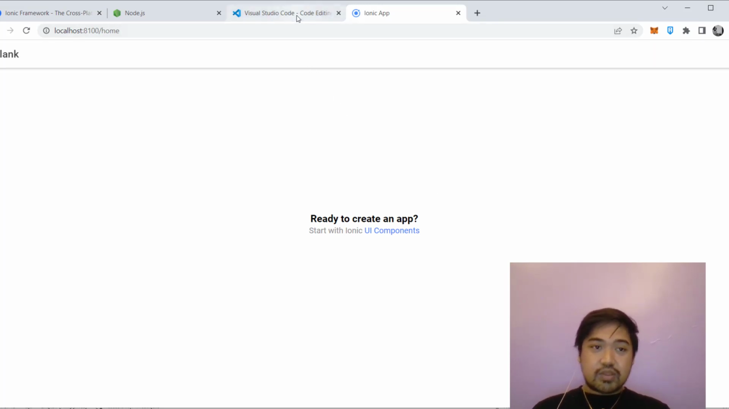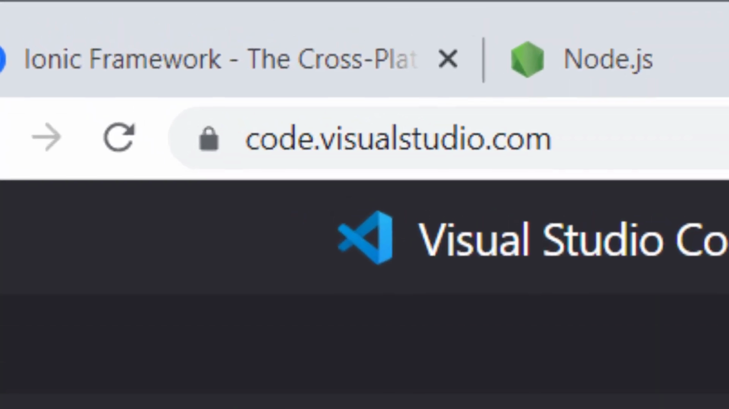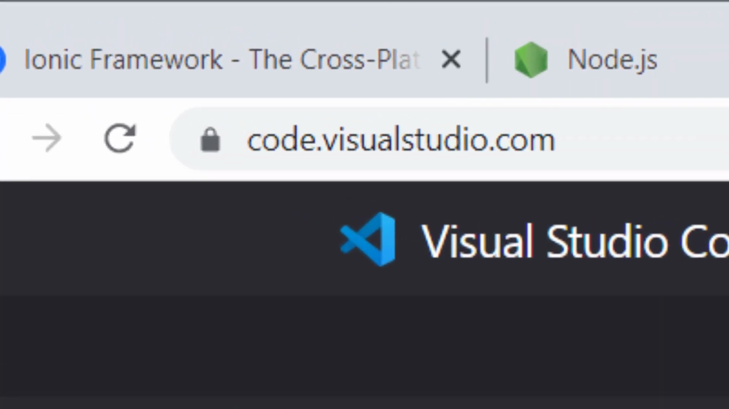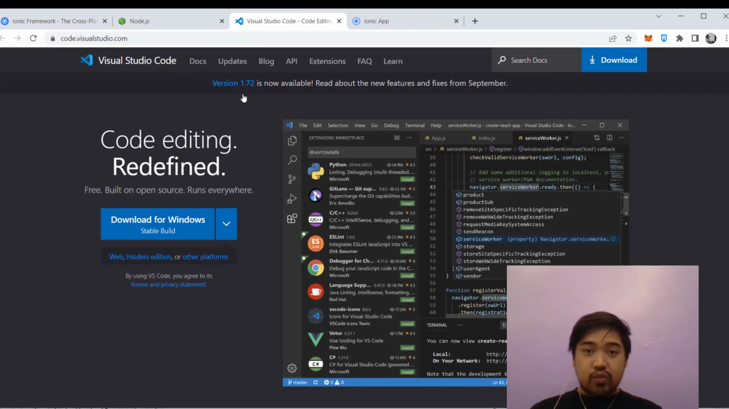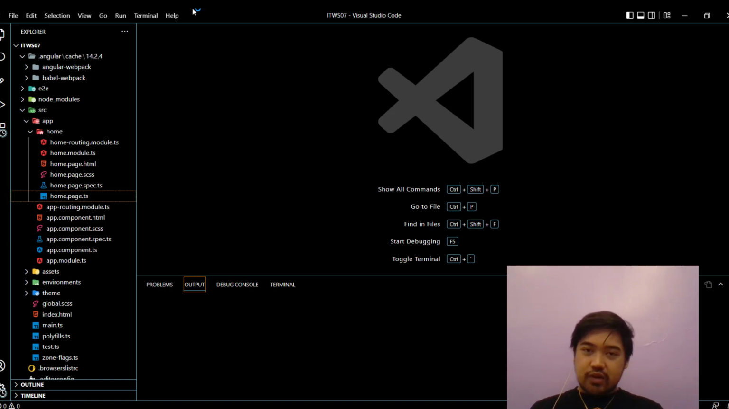Okay, so punta lang po tayo sa code.visualstudio.com. So lalabas po doon yung website where we can download the Visual Studio Code. So pipili lang po tayo dito and just click download. Then after that, mag-i-install na siya. Okay, so after we've downloaded and installed Visual Studio Code, so all we have to do is to go to